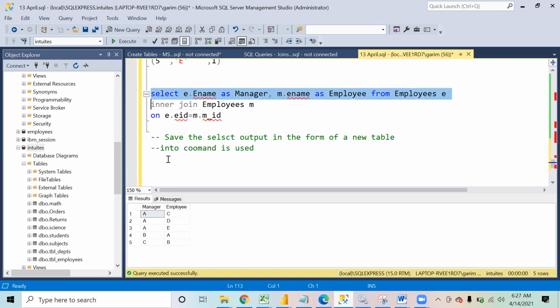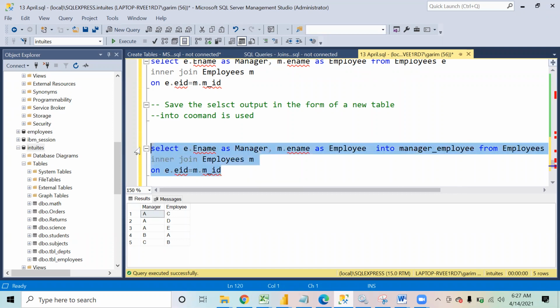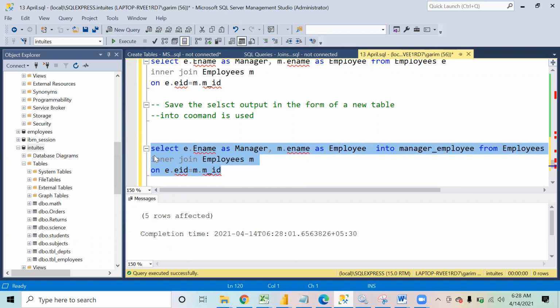Any select statement that you write, say select ename and so on before from, if you write INTO and the name of the new table, suppose manager employee, SQL understands that you are trying to create a new table by the name of manager employee, in which the output of the select statement will be saved. If I execute it, you see 5 rows affected. That means my table is created.